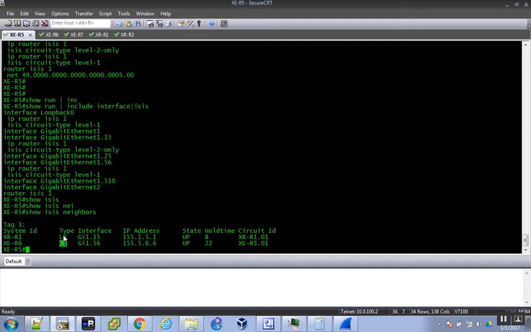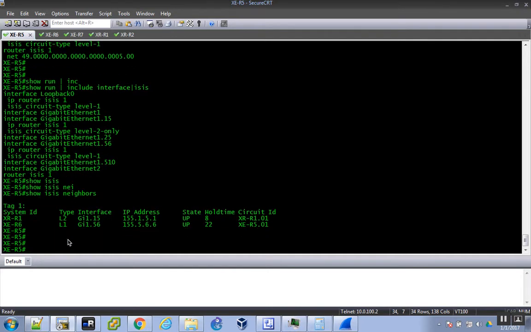Now, if I made this 1, 2, you'll actually see the type L1, L2 here if it was a both, but since these are exclusively one and the other, ISIS will only keep adjacencies for that respective level. So if I do a show ISIS rib,